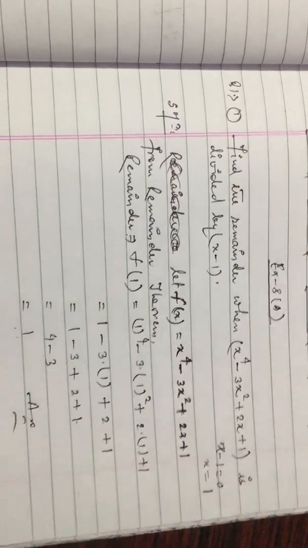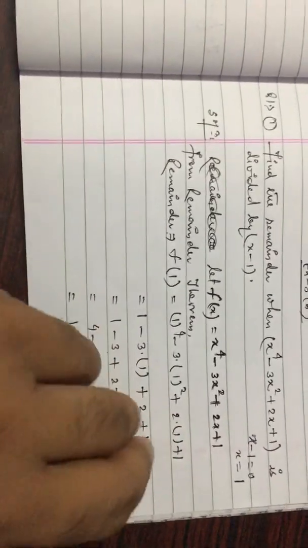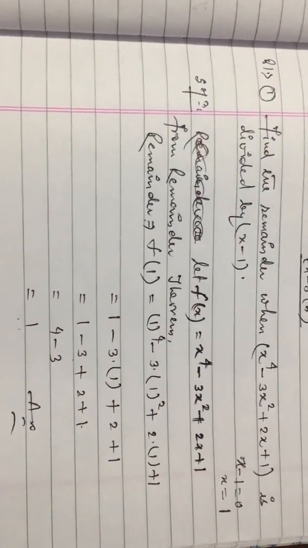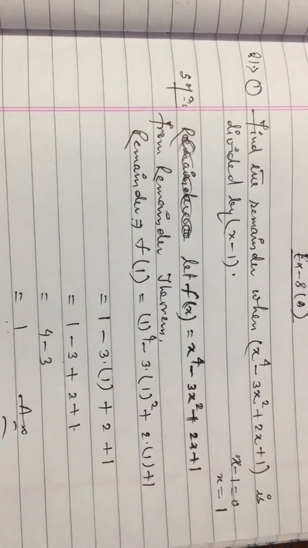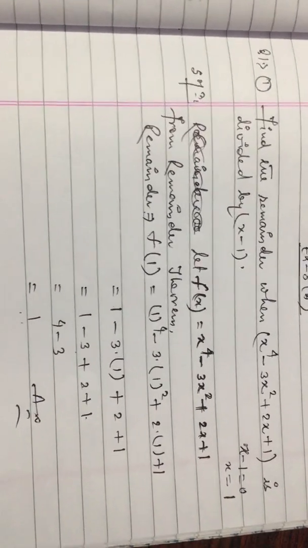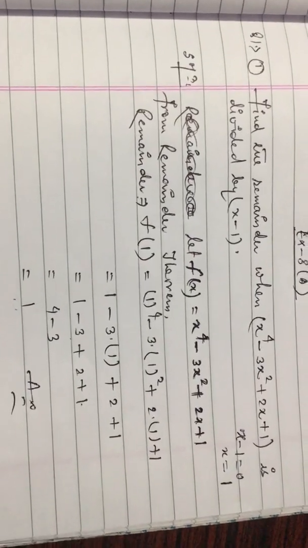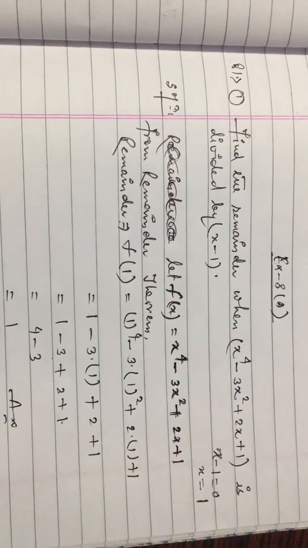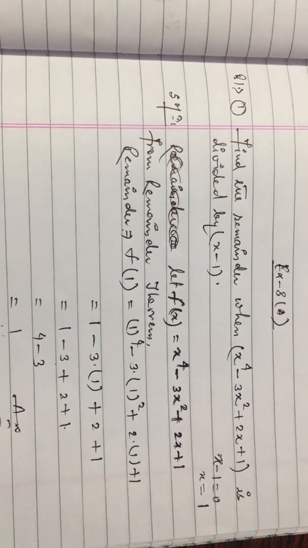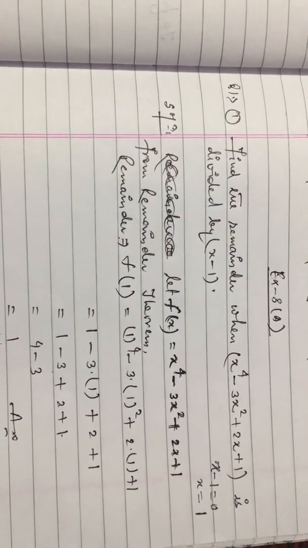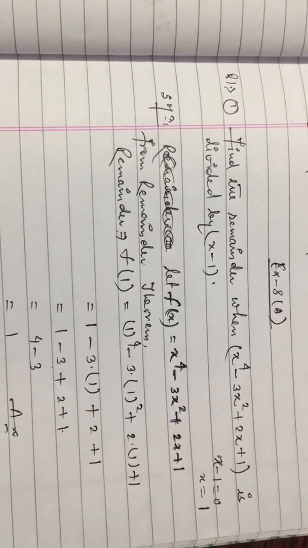By using which method? The remainder theorem method. In the next class I will discuss some more problems to find the remainder and problems related to the remainder theorem method. So this is the basic concept of the remainder theorem. In the first exercise, some problems at the start are based on this to find the remainder. Try this type of questions, go through the exercise and try some examples also.